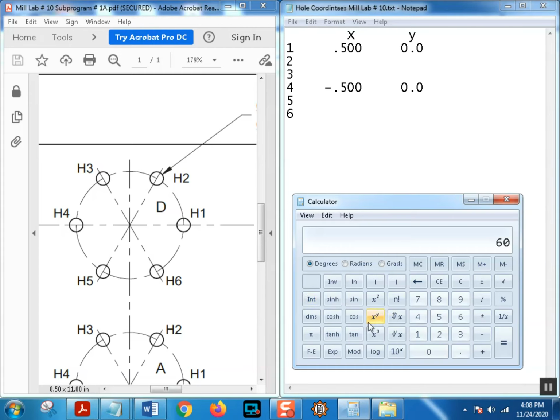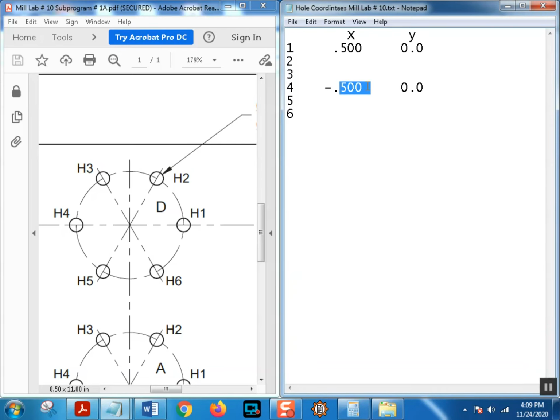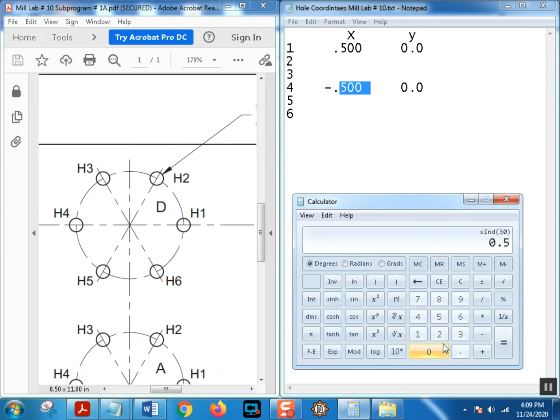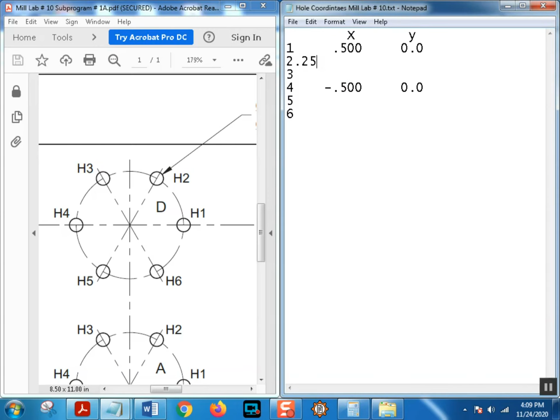So let's just go ahead and do it again. Let's clear this out over here. Clear. And I'm going to put in 30 and hit sine, which we know is 0.5 there. Now I'm going to take it times the radius. Well, the radius of the bolt hole circle is 500 thousandths. All right. So we're going to multiply 0.5, that's all you have to put in there, and get 250 thousandths. Now, it's obviously not 250 thousandths from there to there, so it's 250 thousandths. So I can go up here and put in 0.250,